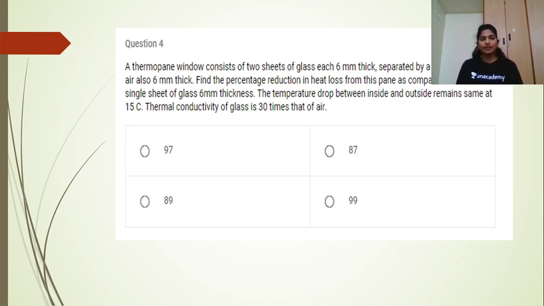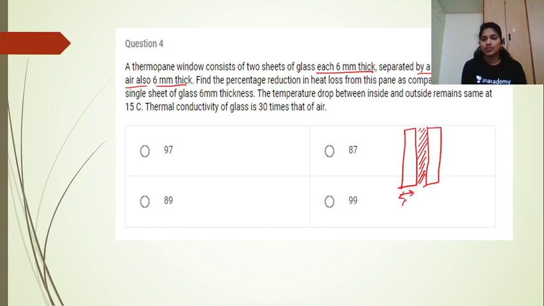Okay, so now we have a thermopane window which consists of two sheets of glass, each 6 mm thickness, which are separated by a layer of stagnant air, which is also 6 mm thickness. So let us suppose that we are having air over here. This is 6 mm, this is 6 mm, and this is also 6 mm. This is solid, this is air, and this is also solid. So we are having an arrangement like this, and we must find the percentage of reduction in heat loss from this pane